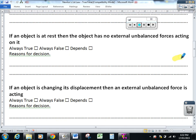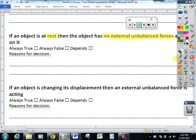If an object is at rest, then the object has no external unbalanced forces acting on it. If the object is stationary. Now, take a few moments, pause the video, and see if you agree, disagree, or have a depends on this. Okay, let's see what you decided. If the object is at rest and it is not moving, then